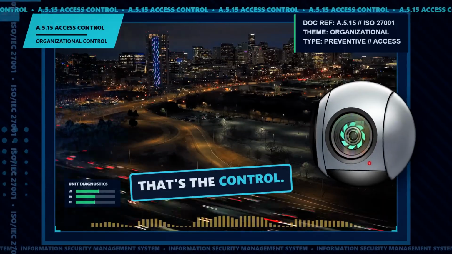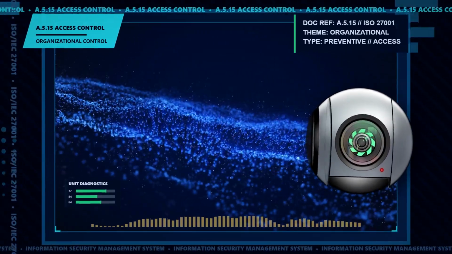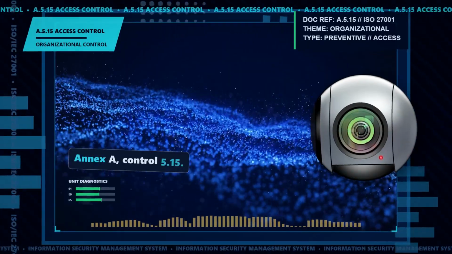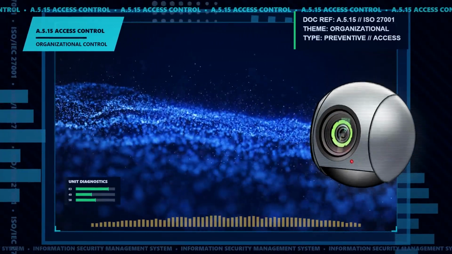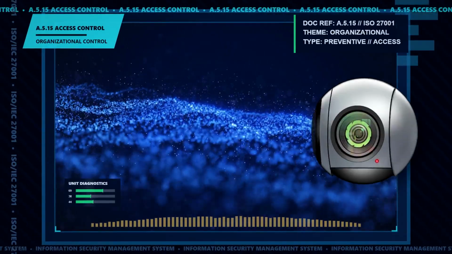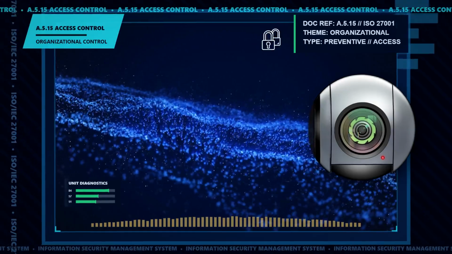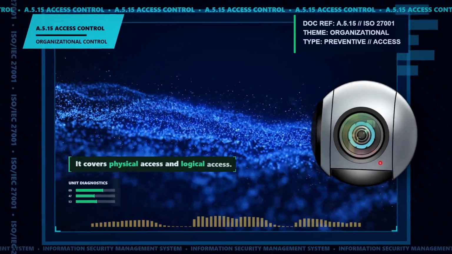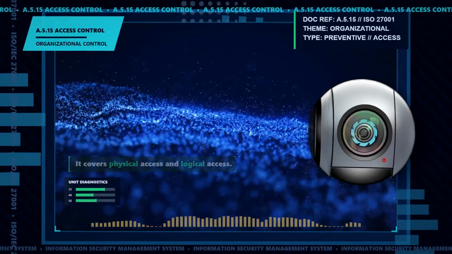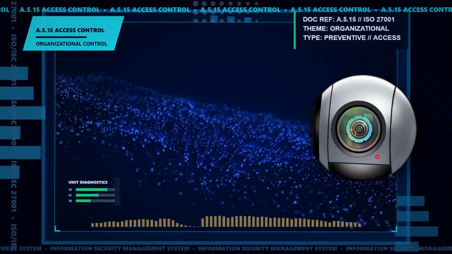That's the control. So let's do the actual requirement, because I want you to have it right. Annex A Control 5.15 says rules to control physical and logical access to information and other associated assets shall be established and implemented based on business and information security requirements. Go through that slowly. Rules established, implemented, physical and logical, and based on business and information security requirements, which is